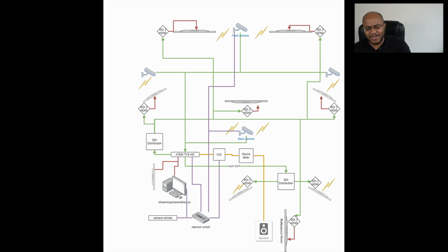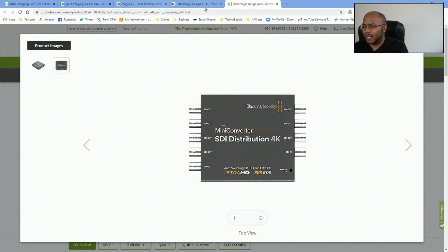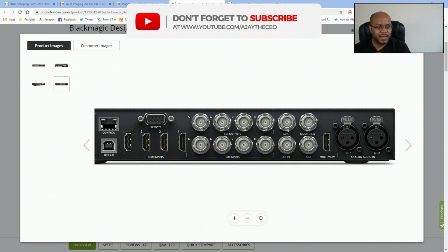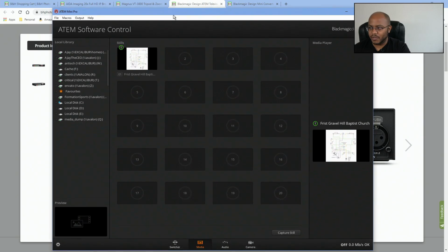Now, with the ATEM Television Studio, you can have the aux and the program show the exact same thing, or you can have them show something different. So when we have the 2 televisions that are in the narthex or the entrance of the church showing announcements, for example, at the press of a button, you can automatically push that out on the aux out to show the exact same thing. So I don't have it on my ATEM right now, but if I cut over here